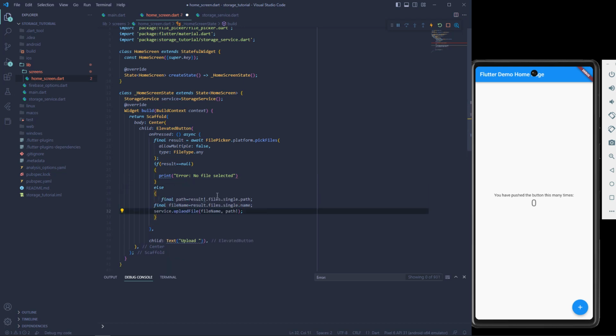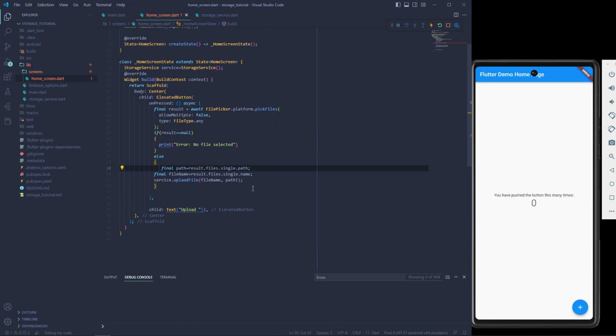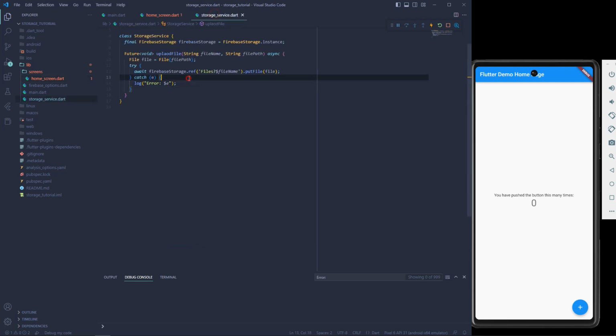So if we get some error in the file, we can just basically check it. So this is done, and now what we want is that in the storage service we can put it as